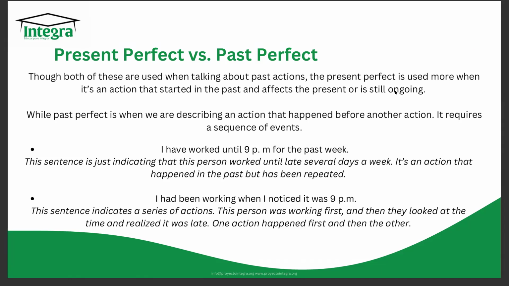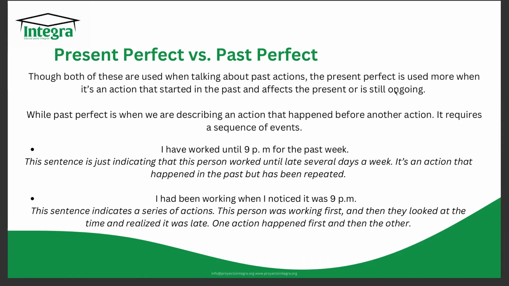It's a past action that started in the past, but it's either still happening, hasn't ended, or it has ended, but it has a very strong impact in the present. Meanwhile, the past perfect is used to describe an action that happened in the past and that happened before another past action. So the key here is that this describes a sequence of events. There's several events. There's at least two different actions. For example,